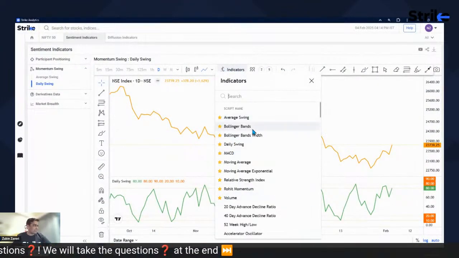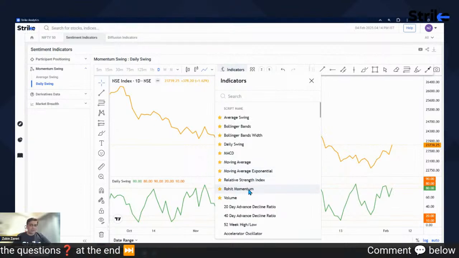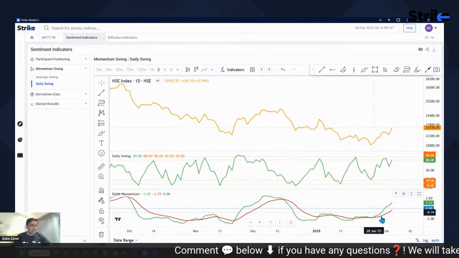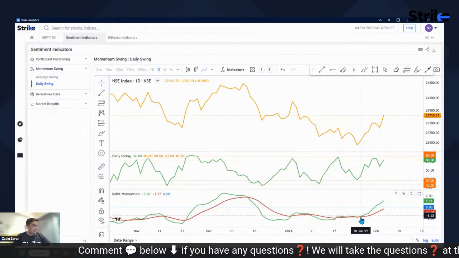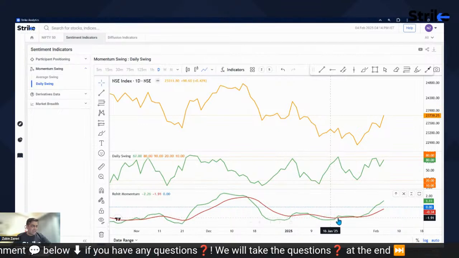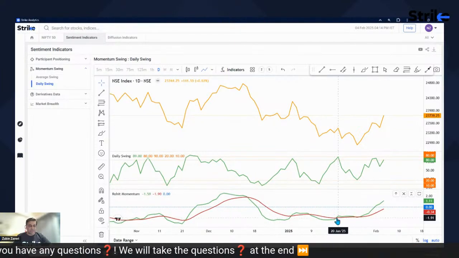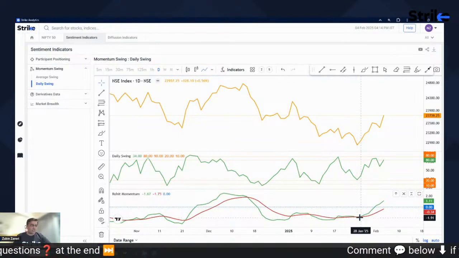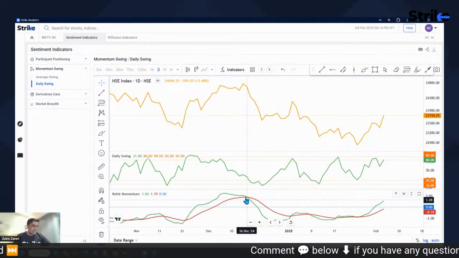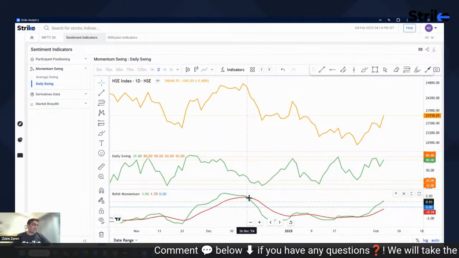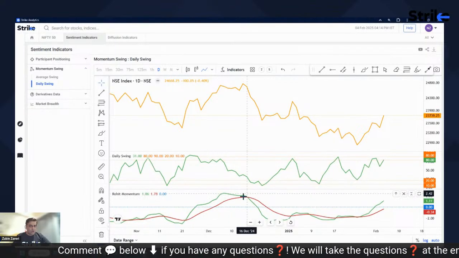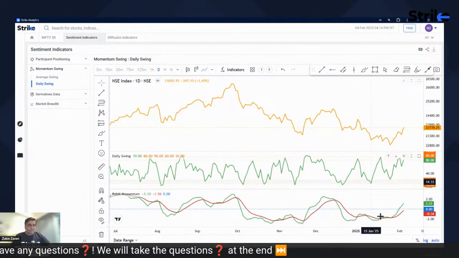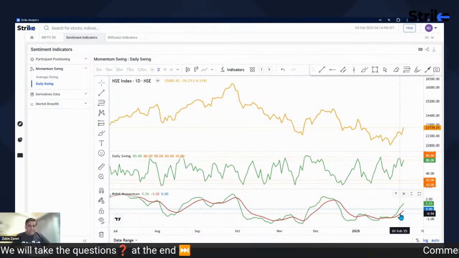In the indicator section you can see Rohit Momentum over here. And once you click on this Rohit Momentum, there will be these green and red color lines over here. The green color line is the RMI line, and the red color line is the average line of the RMI. So whenever there is a positive crossover, it's a kind of a buy signal. And whenever there is a negative crossover, it works as a kind of a sell signal, or at least a profit booking signal. So in all the F&O stocks, in Nifty,